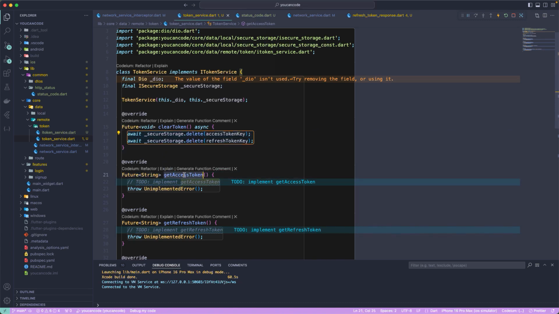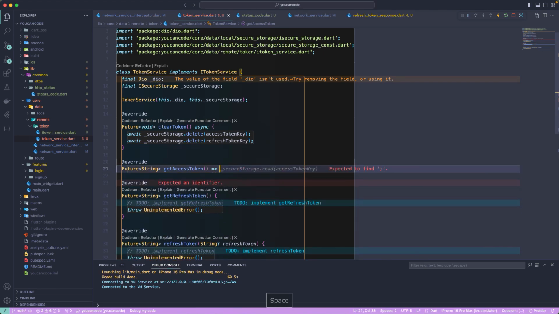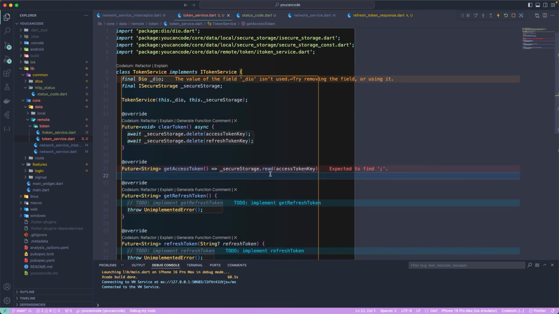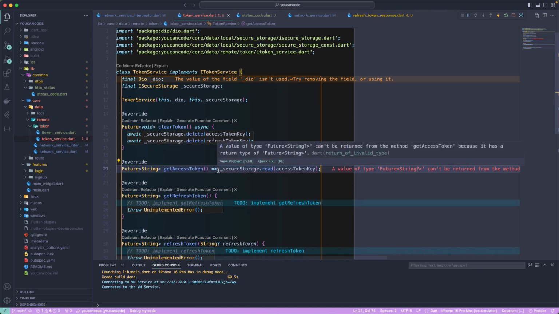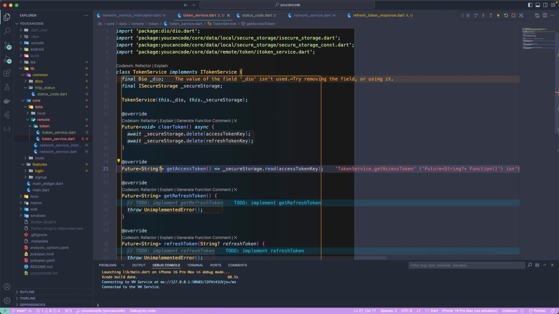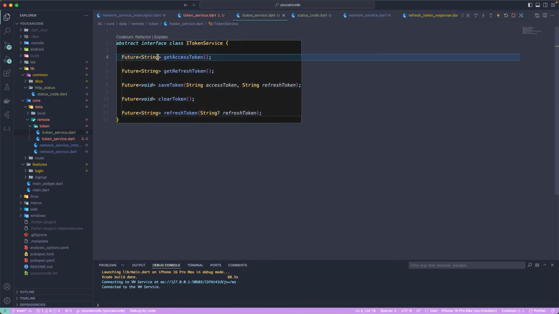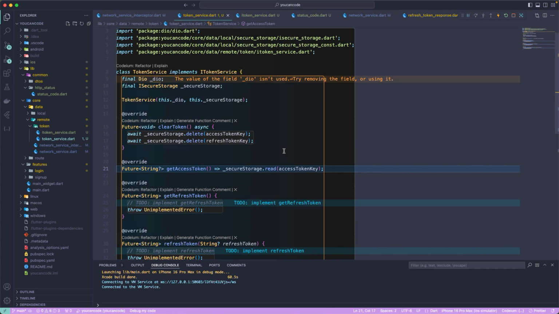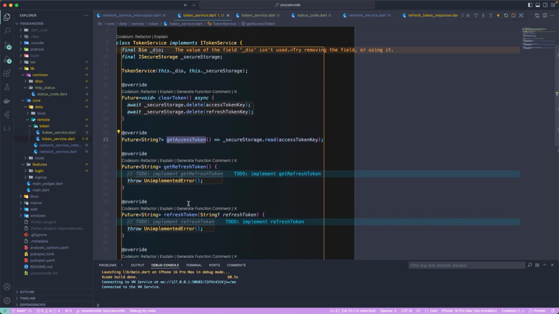And next is to get the access token. So I guess here we don't require, so let's just make it simple and directly return it from here, the secure storage, and let's just go and close it over here. And I guess this is giving us some error, so I guess it's going to return us the nullable type over here. So let's just go and make this one nullable, and for this one to be nullable, I also need to make this one the nullable type, and get the refresh token can also be of the nullable type. So let's just go back over here, and this is to get the access token,